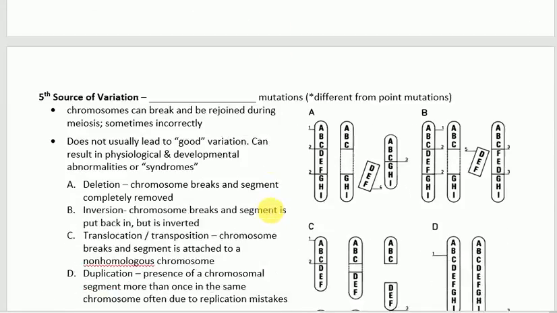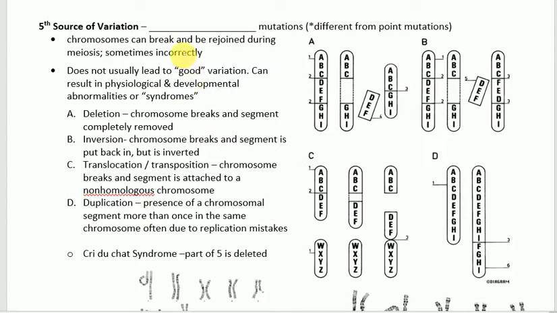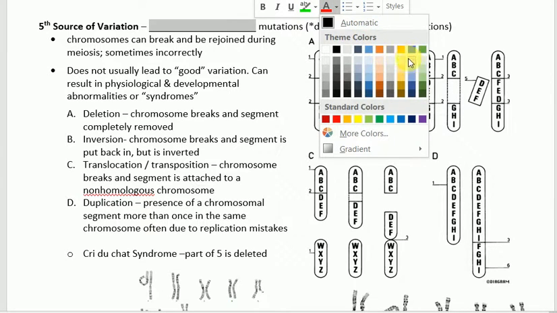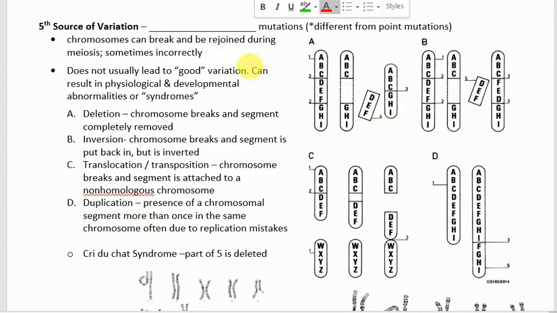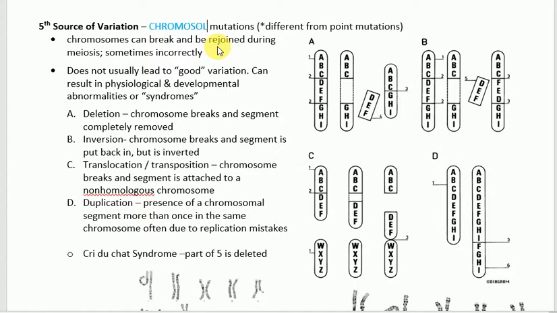Our fifth source of variation is going to be from chromosomal mutations. And these are going to be different from point mutations, so make sure that you understand that. Point mutations is one base. So chromosomal mutations is basically when